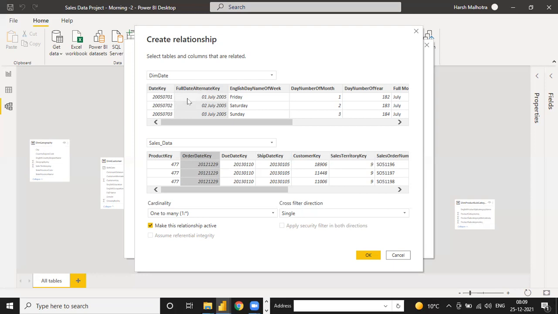My perspective is that in the sales data there is order date, due date, ship date. I am getting the exact thing, like this is the order date from the project perspective. In the same way, in dim date, what is the date key? That is what I was asking. Date key is just what I am going to tell you.